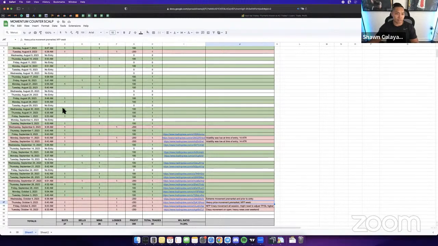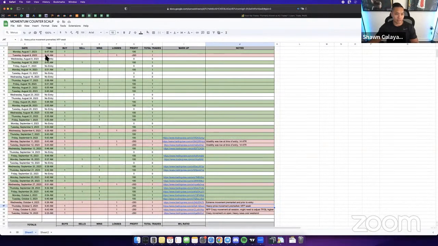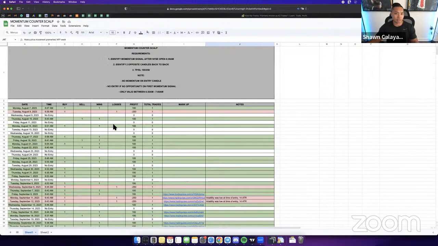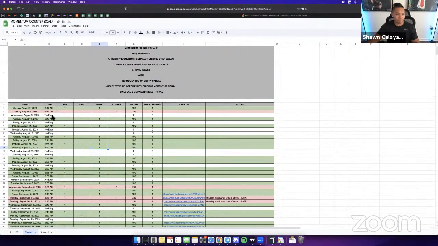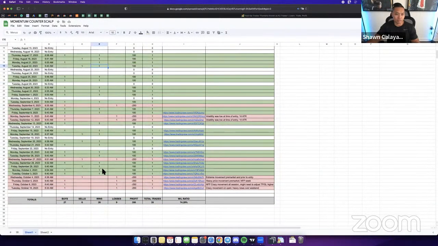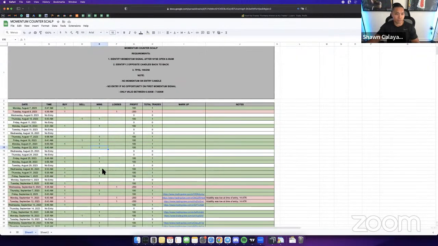But it does make sense. If you look over here, a lot of the losses happen. Well, I mean, it wouldn't change the entire strategy, but if we were to put that as one of the criteria, we would just have to change this to only valid between 6:40 and 7 o'clock. So PC does bring up a good point, because if you look at any of the losses here, a lot of them happen earlier in the session. A lot of the good entries come up later, but it just depends on the market conditions for that day. But thanks for bringing that up, PC, and I'll probably put that in my notes if we need to make some adjustments to the strategy moving forward.